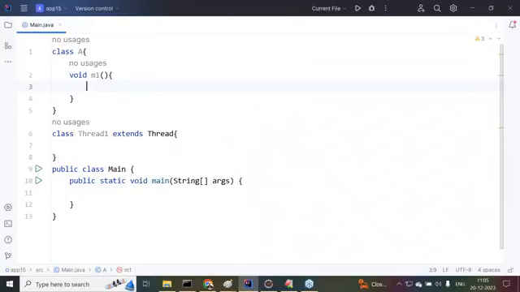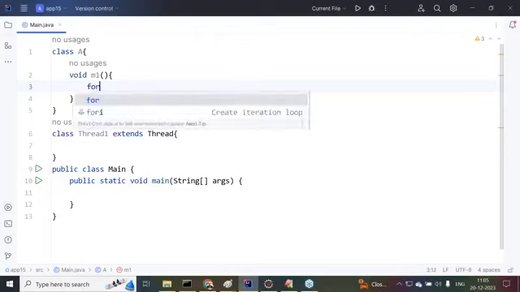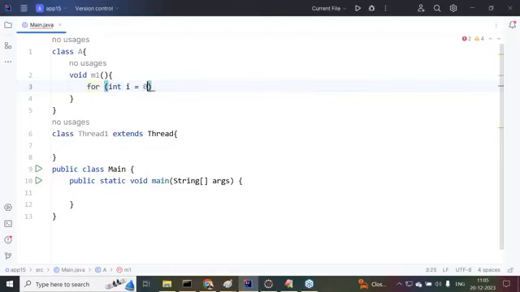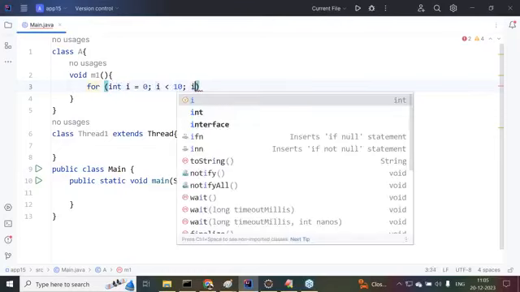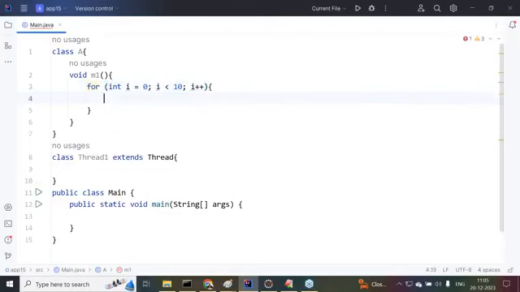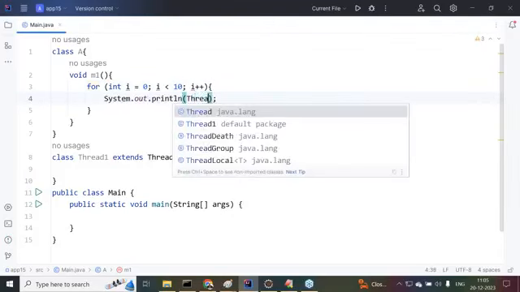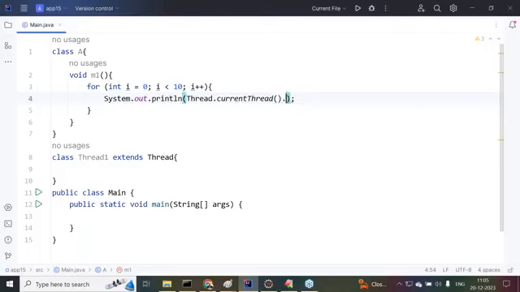Then after that I will implement synchronized blocks and synchronized methods. This method I'm going to make a synchronized method in the future. Now I want to take a for loop, int i = 0, i < 10, i++. Then inside it, System.out.println, and here I need to provide Thread.currentThread().getName(), calling the getName method.